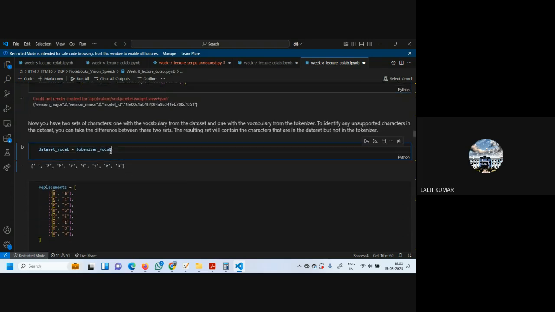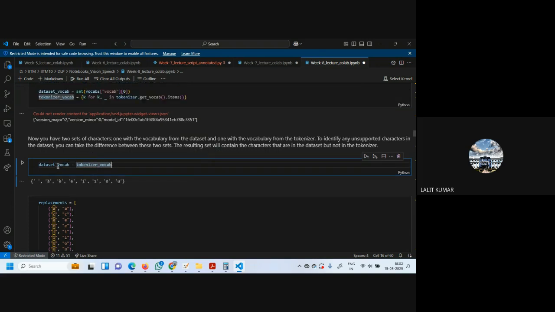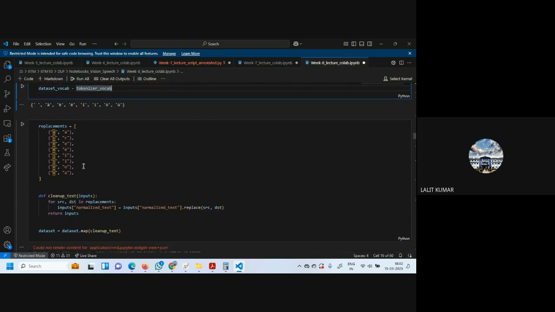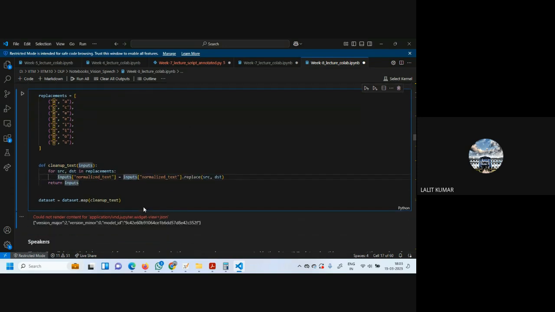When we print tokenizer vocab minus dataset vocab, we get the differences in that. Now we have to map them to their original form, as the professor had explained. So we use this cleanup function, do the replacement, and now we have cleaned up the text.